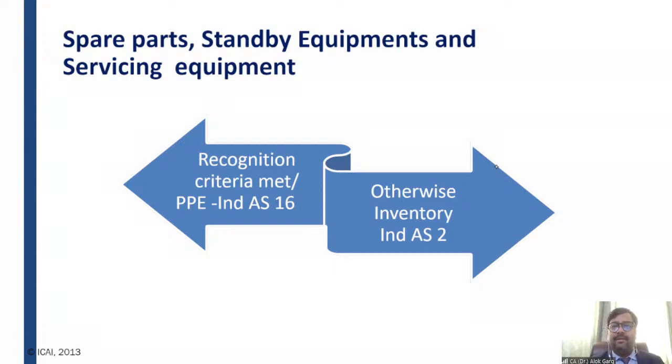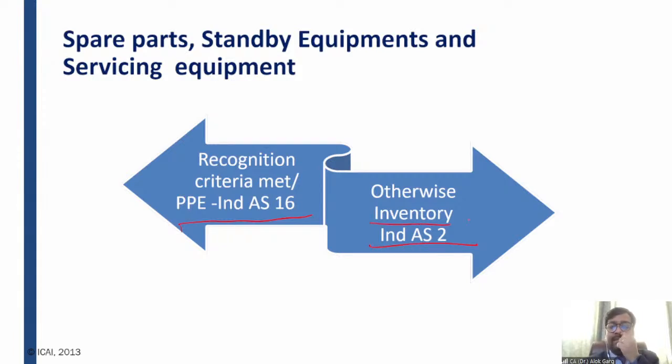For example, yes, tangible item is there, held for use in production, supply of goods and services are there. But whether the life is also more than 1 year, I mean to say, whether it is expected to be used for more than 1 year. If the answer is yes, it is PPE, then you need to ask whether the cost can be measured reliably, and of course, yes, in most of the cases, cost can be measured reliably, right? Whether the future economic benefit is probable. If the future economic benefit is probable, I mean to say recognition conditions are met and the definition is met, it has to be recognized as per Ind AS 16. Otherwise, it has to be recognized as an inventory under Ind AS 2.